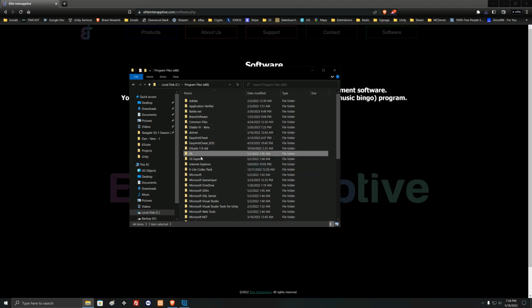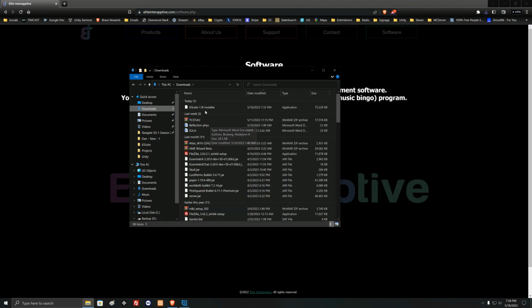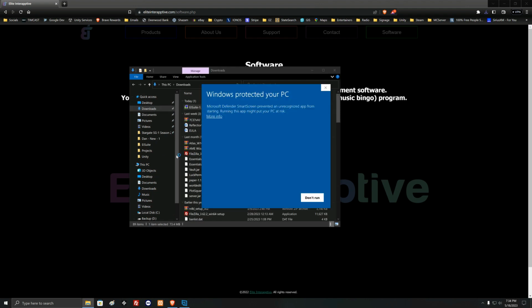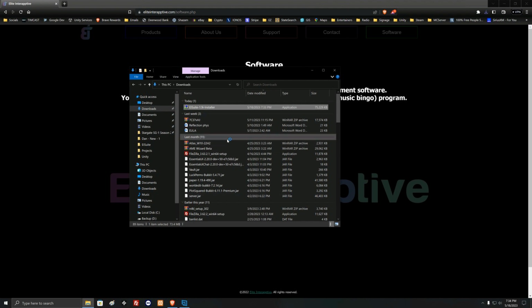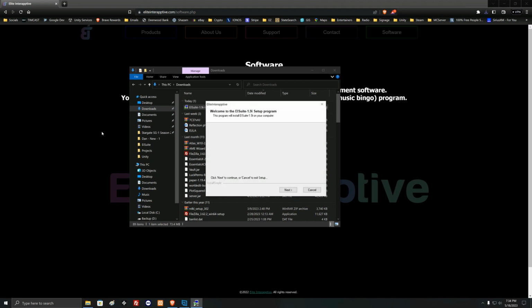And then you can go into your downloads and run the installer. And looks like Microsoft is upset with this, but you can bypass that and install it. They're getting more and more upset about everything you try to do that's not their stuff. But I assure you it is safe. If you're watching this, you're probably using it already. So go through the installer, and once that is installed,